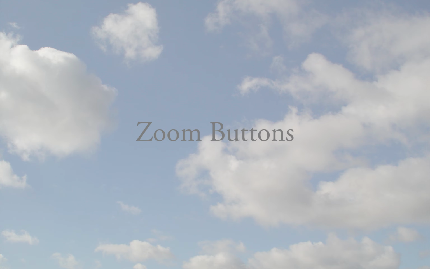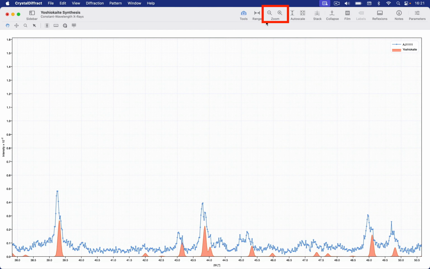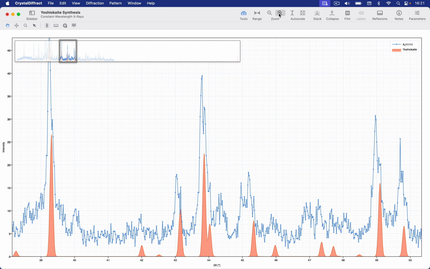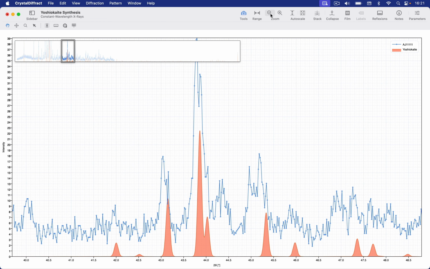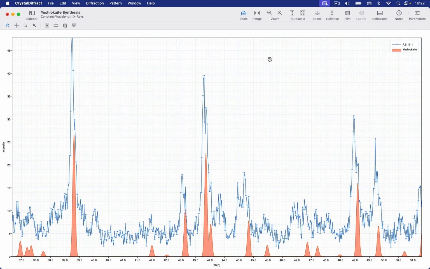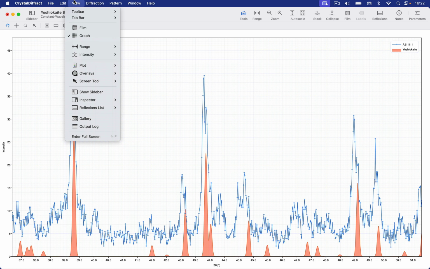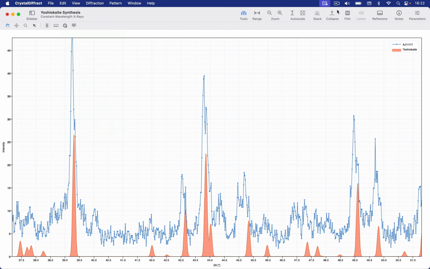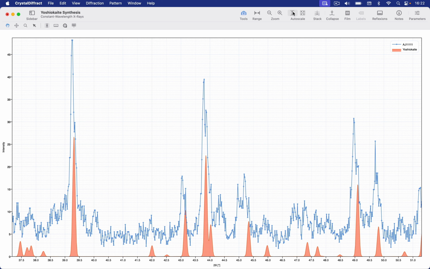We also provide an optional pair of zoom buttons in the toolbar. Auto scale is available via a dedicated pair of buttons in the toolbar and also via the View, Intensity submenu. We can auto scale just the y-axis, or we can auto scale x and y to match the appropriate data